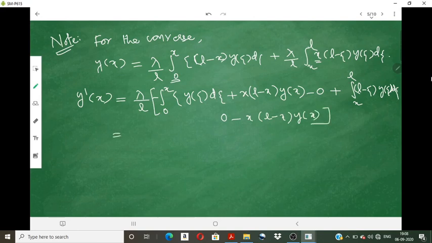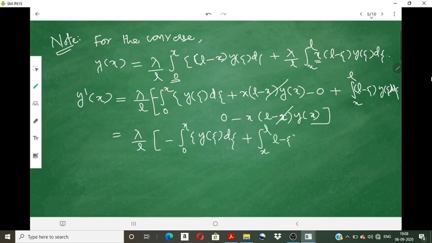Now simplifying this, we see that x into L minus x y of x is there and its minus term is there. So this is equal to lambda by L into minus integral 0 to x theta y theta d theta plus integral x to L, L minus theta y theta d theta. Again differentiating, we will get y dash at x is equal to lambda by L into